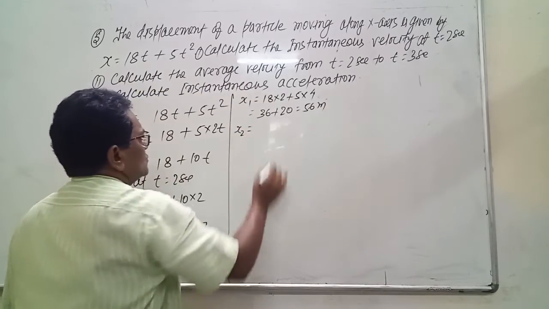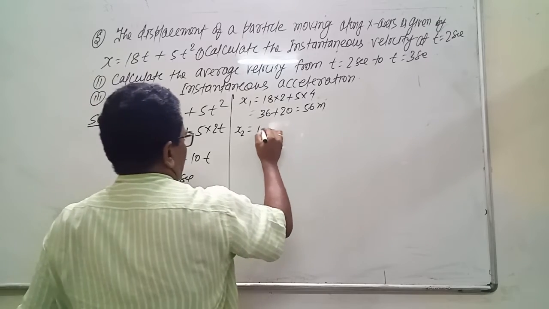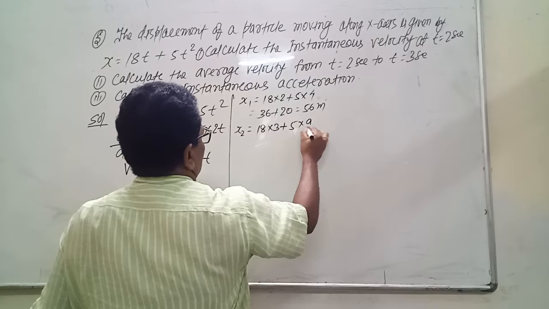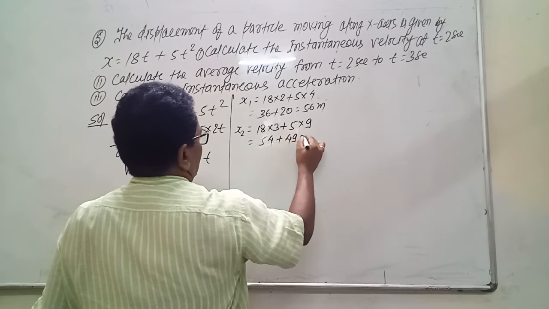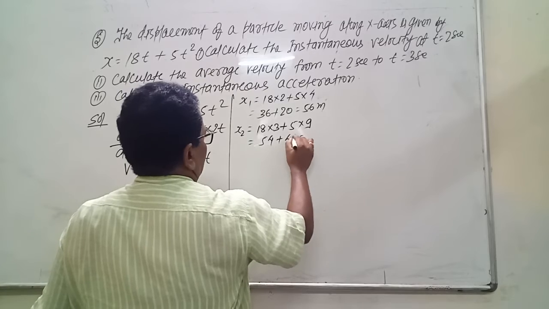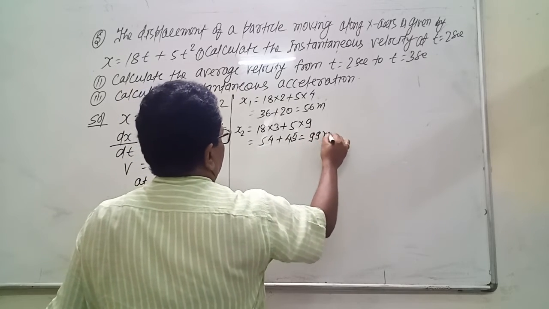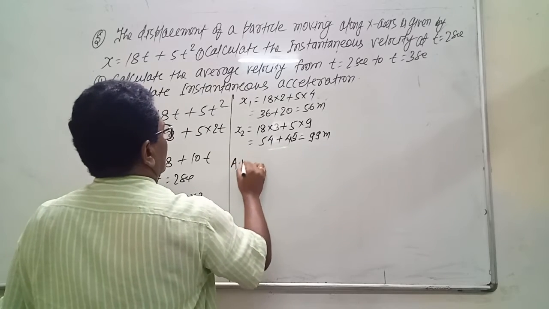Now calculate x2 by putting the value of t as 3. So 18 into 3 plus 5 into 3 squared, which is 9. 18 threes are 54, plus 9 fives are 45. 54 plus 45 is 99. This is 99 meters. So average velocity